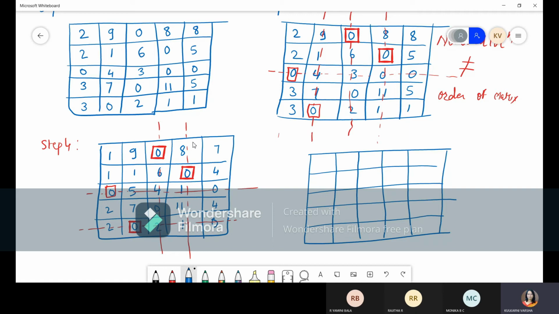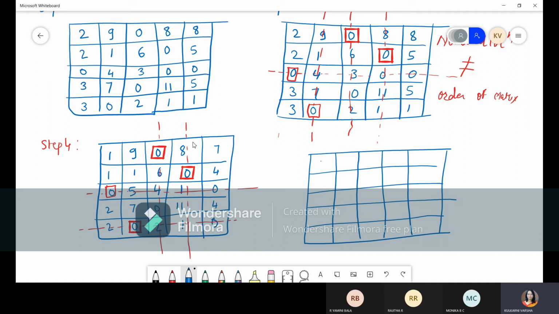So what we'll do now, again we'll find out all uncrossed elements. So this 7, 4, 4, all these 2, all are uncrossed elements. Which one is minimum? Minimum is 1. So what we'll do? Now this 1 will be subtracted from the uncrossed elements.